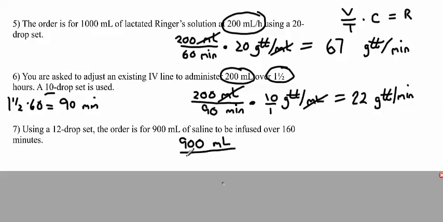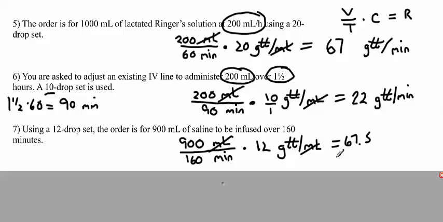The time is in minutes, 160 minutes. We times that by the calibration, which is 12 drops for every 1 milliliter. The milliliters divide out. If you go 900 divided by 160, push equals, get an answer, times that by 12 without rounding, you would get